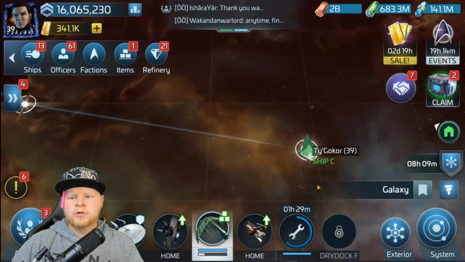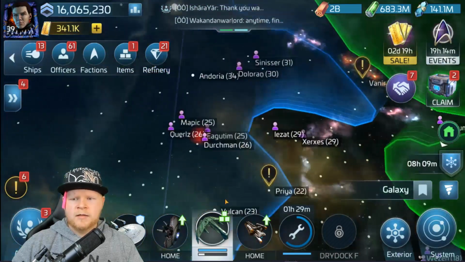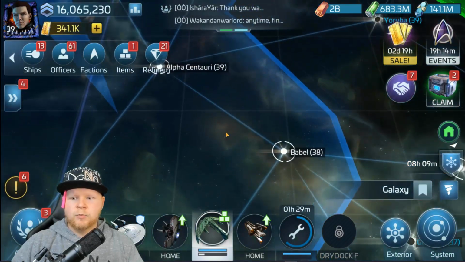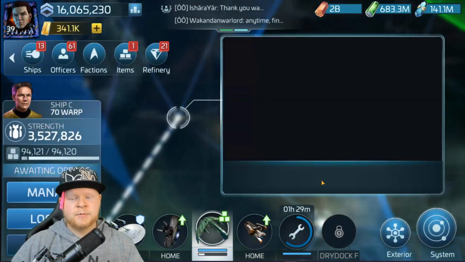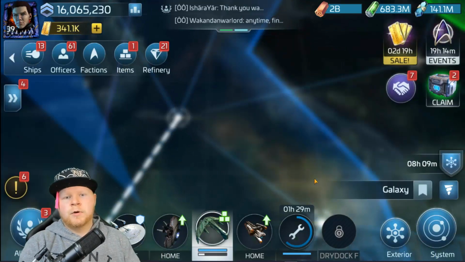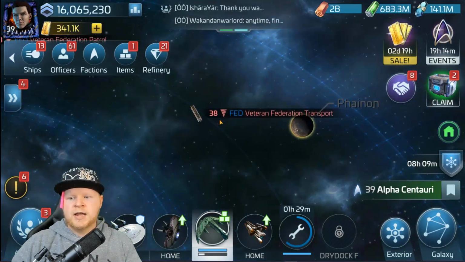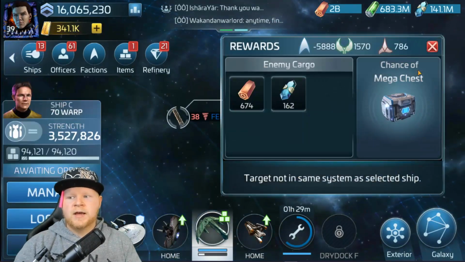Well, let's jump over to this. How about Alpha Centauri? Because that's a level 40 system with veterans. Or I'm sorry, level 39 system with veterans. So the same thing that we were just looking at with Taigo Core. Now remember, 6,000, 3,000, that's an extreme amount. So now we need to do the same thing with a 38 Federation. This is only